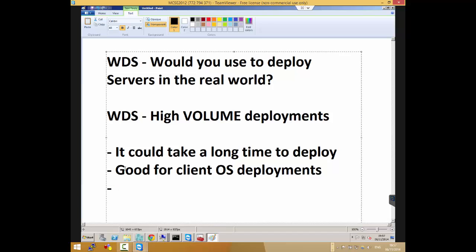That's what many people use in modern days. You won't actually be using WDS to deploy virtual servers. You just clone your template and boom, you're done. Just clone it, sysprep it, you're all done. Actually, some technologies will do the sysprep for you. VMware will do the sysprep for you. I've not used that before, but Marco will probably tell us that System Center can also do the whole sysprep for you, and within a few minutes everything is ready.